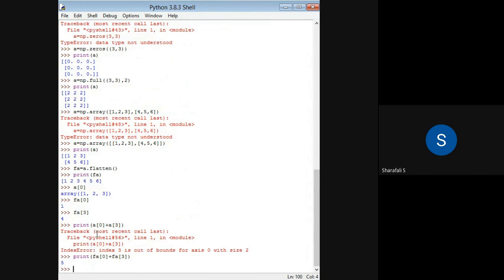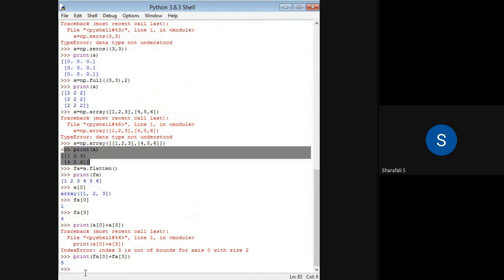And also, if you want to access a two-dimensional array, we have to specify the index in both directions, or in both axes, because we have two axes in a two-dimensional array. So in that case, we have to consider two different indexes. If I consider this one as my array, that is nothing but A, my two-dimensional array, and in that I am going to do the operations, or I will be accessing elements from that array.